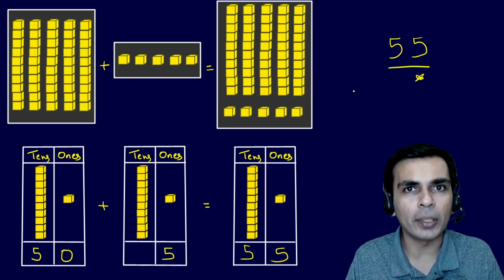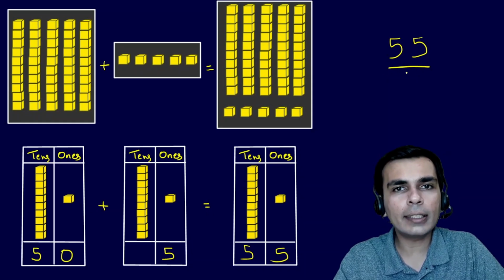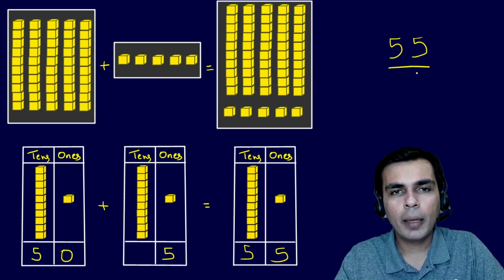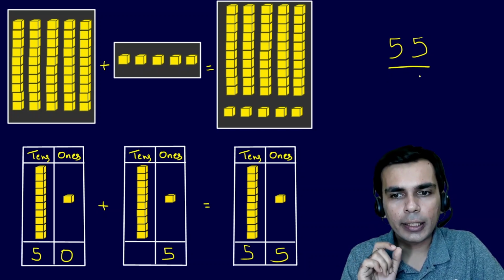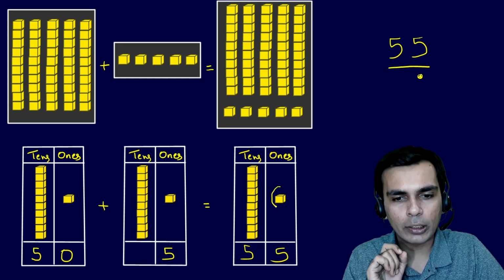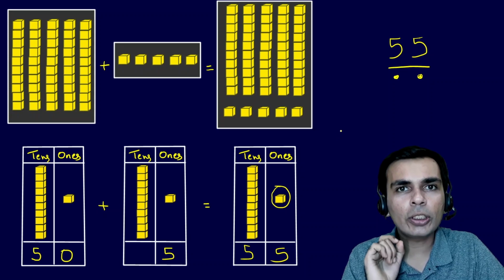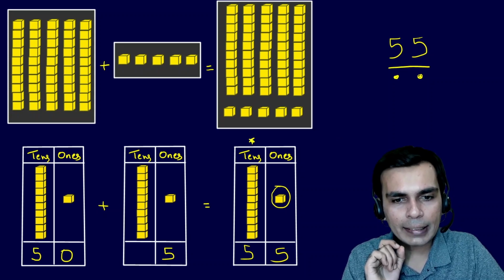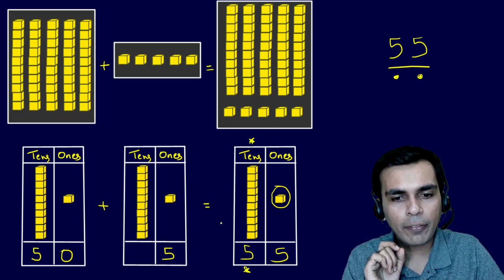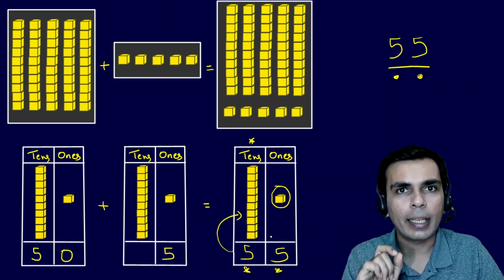And don't forget, that's why we call this place value, because place means position. This position here has a value of ones, and ones means the single block. The 5 here has, this position has the value of tens actually, which we are seeing here. So the 5 here means there are 5 such tens. So each position has a different value. We have seen ones, we have seen tens, and we'll see further.